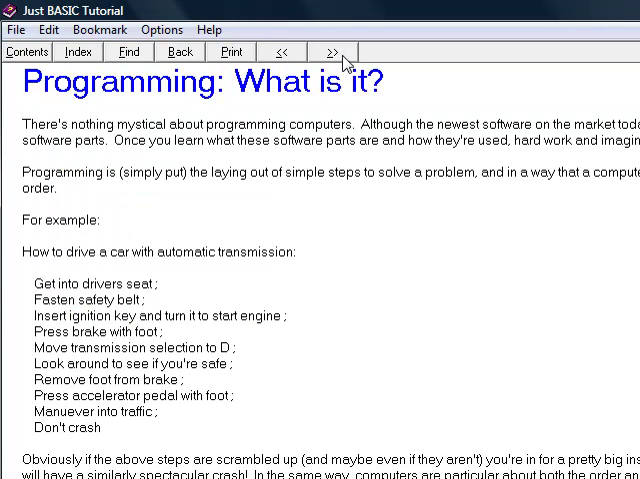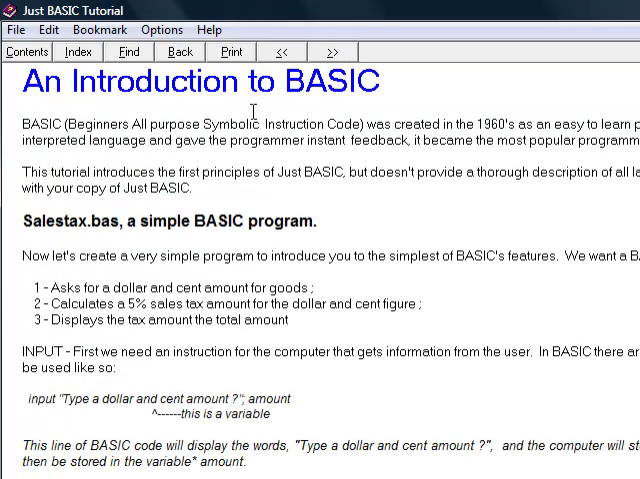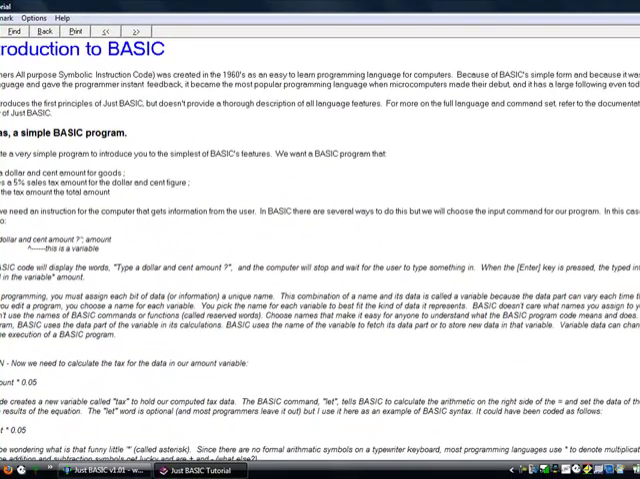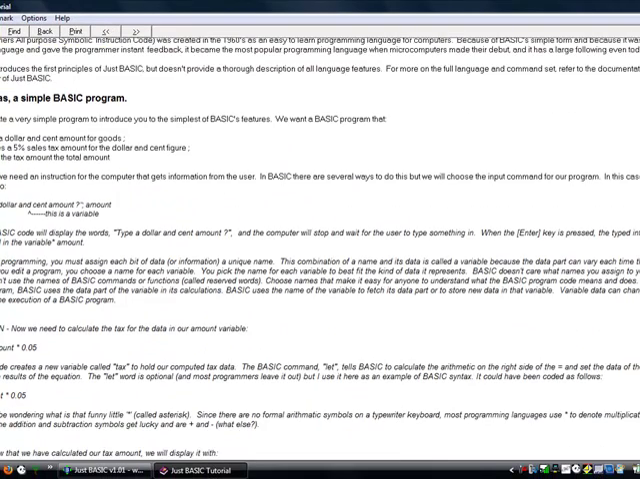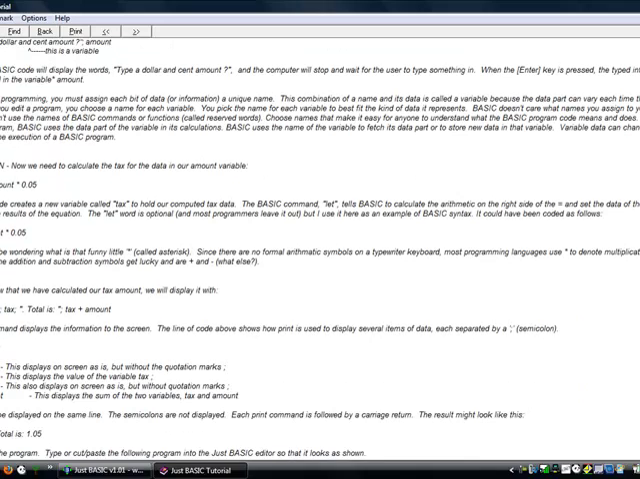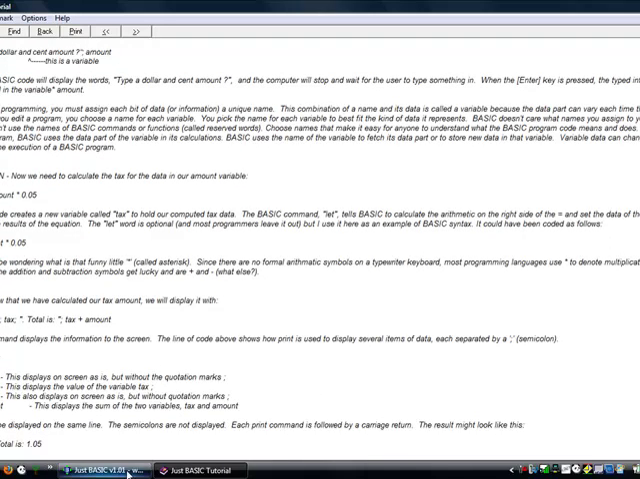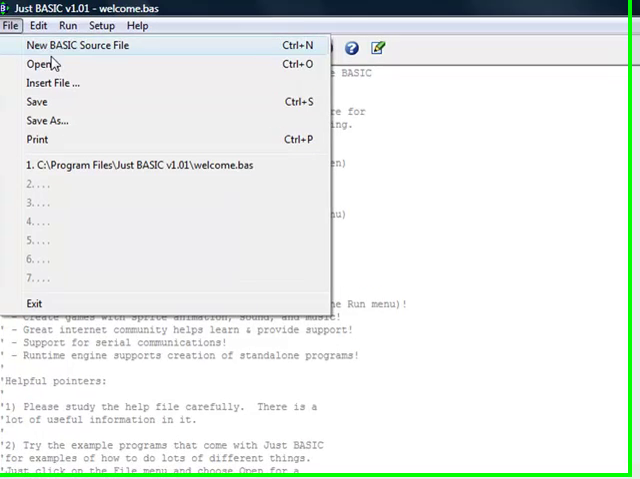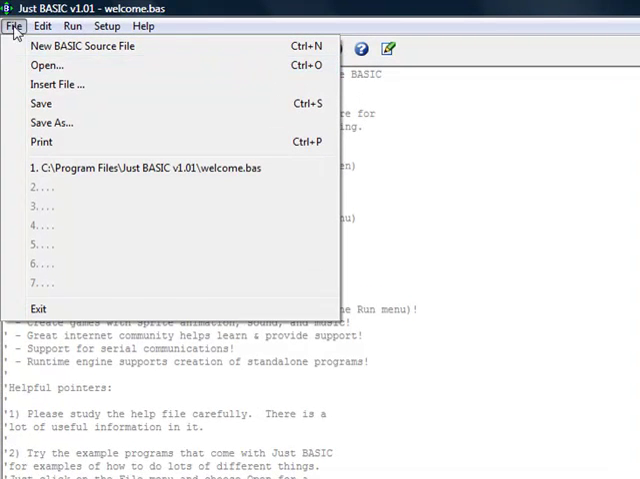And then what we're going to want to go to next is an Introduction to BASIC. This is going to give you a little bit of information on some of the things you can do, what some of the commands are, but I feel the best way to teach you this is to just give you a hands-on example. So what you're going to want to do is go back to your JustBASIC window, hit File, Open,